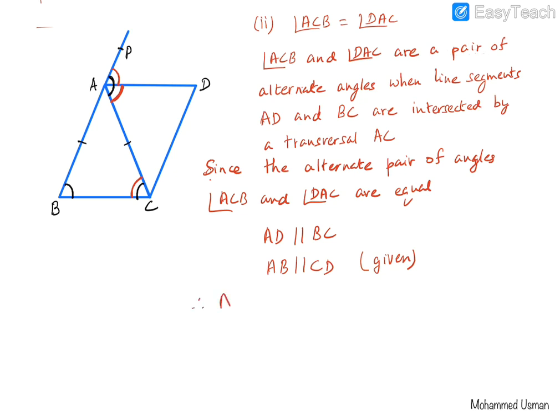So therefore we can say that ABCD is a parallelogram. We have proven the second part of the question, that ABCD is a parallelogram. Okay, we'll stop here with this example and we'll continue with some more examples in the